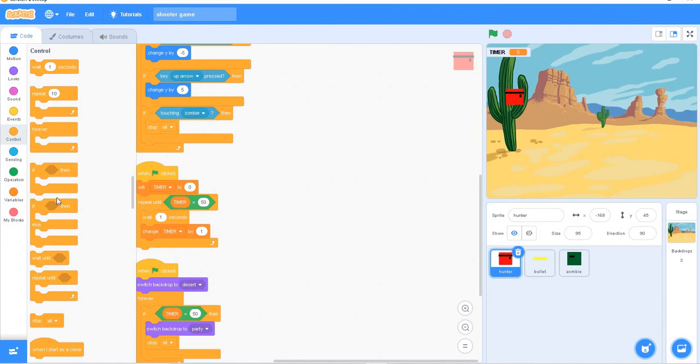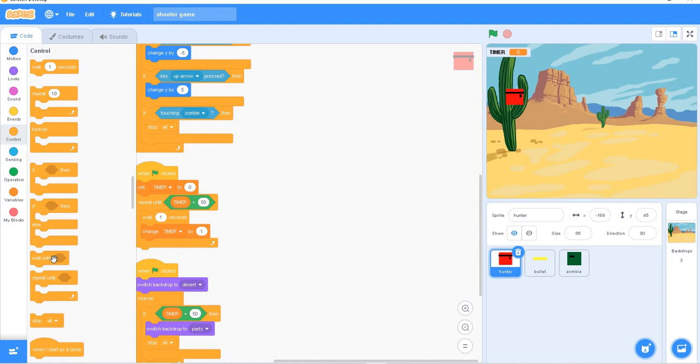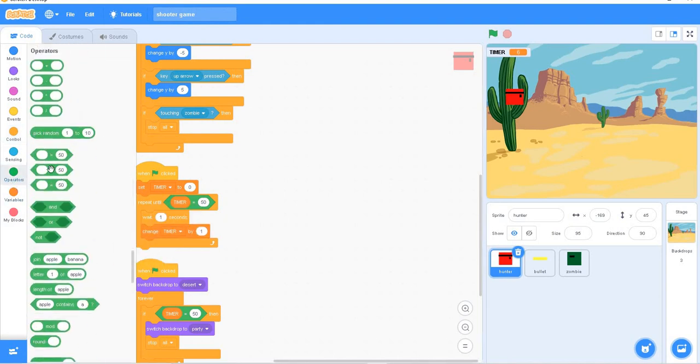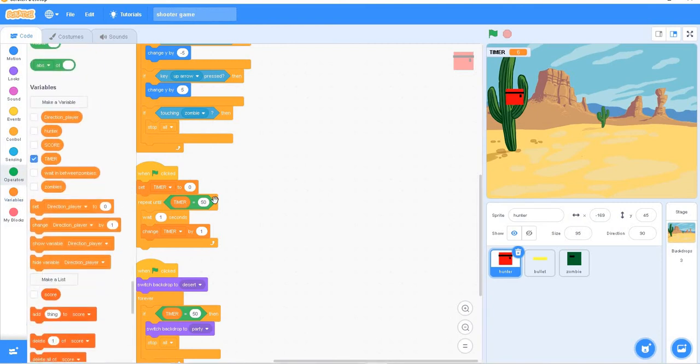After that, take another when flag clicked, and make another variable named timer. I already showed you how to make it. Put set timer to 0. After that, take a repeat until block, and from operators, get the equals block. In the repeat until, put timer inside, and set it to how much time you want the game to run for.